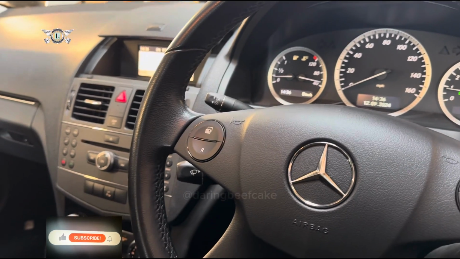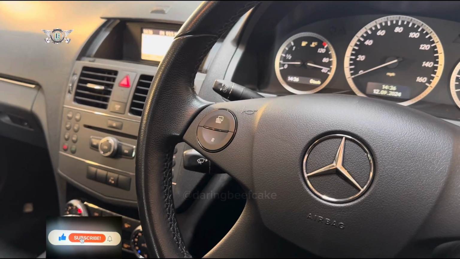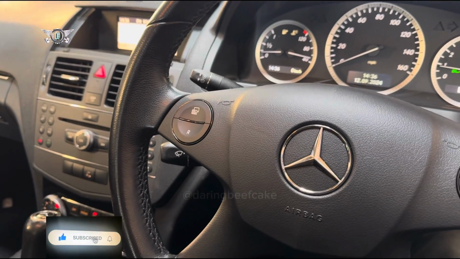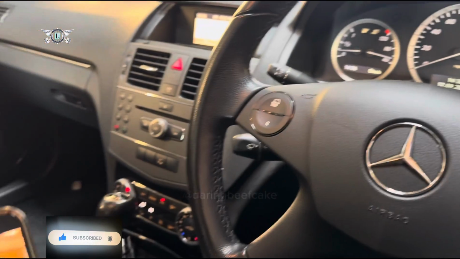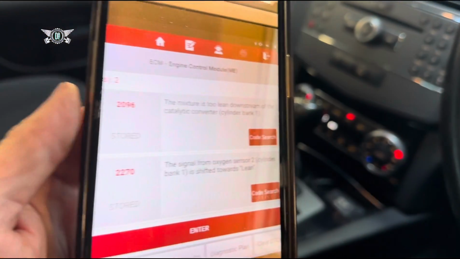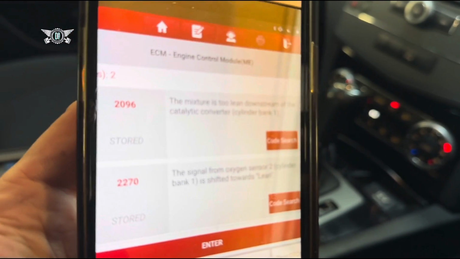On today's video I have this Mercedes C-Class. This is a C180 W204 2009 model, and I'm having an issue. I had an engine light the other day, and looking at the fault codes, basically this is what I had: fault code 2096